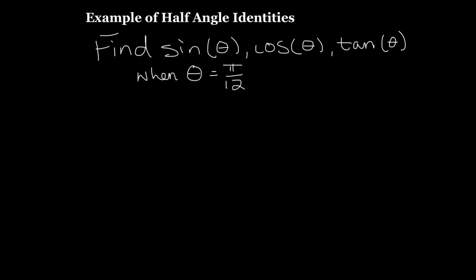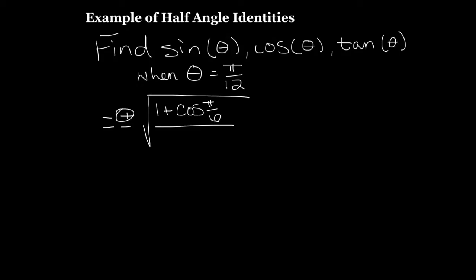So I'm going to do the cosine now, so we're going to fill it into the formula, or the identity. Take a plus or minus. This is all in the first quadrant because pi over 12 is in the first quadrant. So we know it's going to be positive, but we should still include it. 1 plus, this time, the cosine of pi over 6, and we already know what that is, all over 2. So now we have 1 plus root 3 over 2,